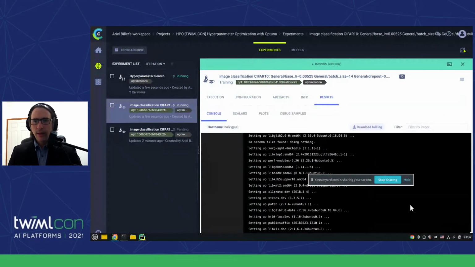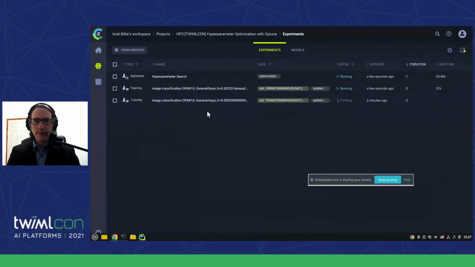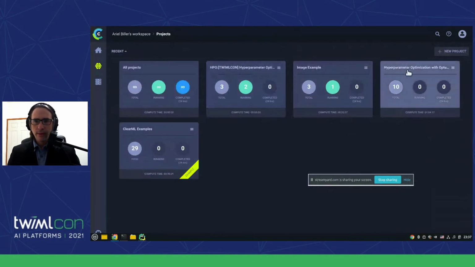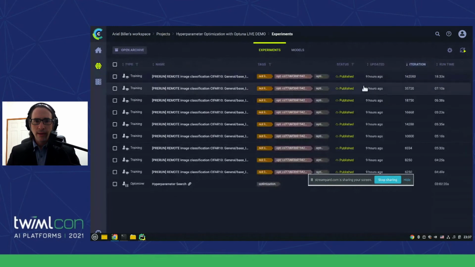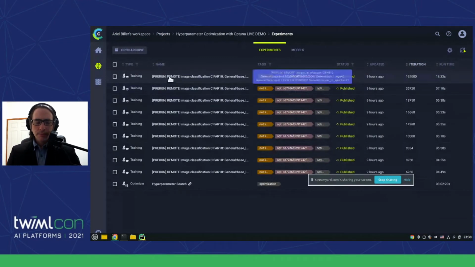But luckily, I have prepared the end result beforehand. Where is it? So this is how it looks in the end. It will take the template task, change the name with the parameters, and run it.